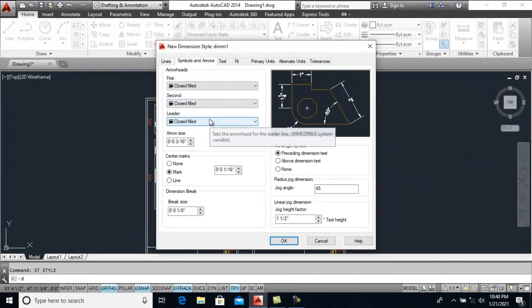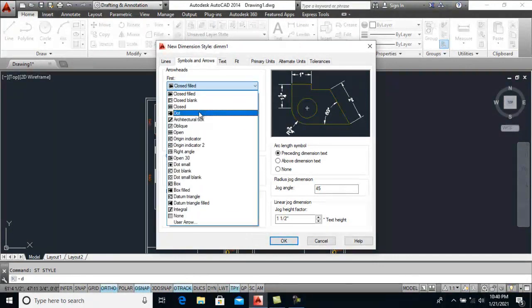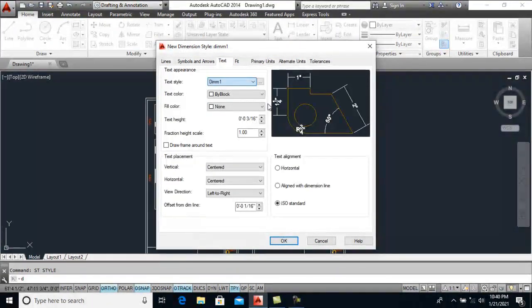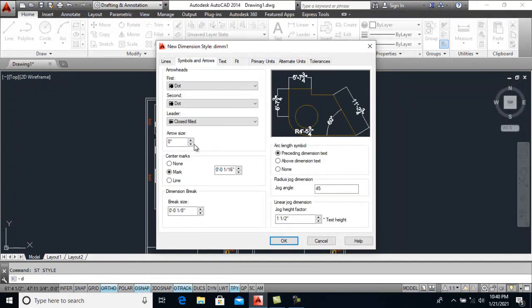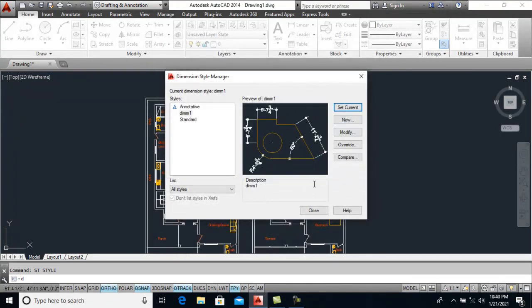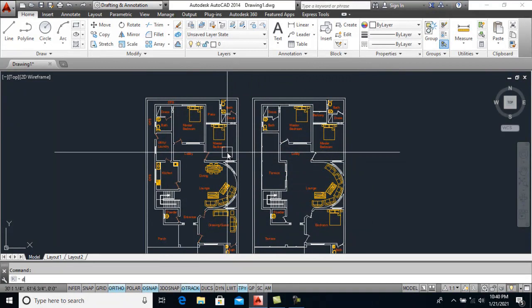Then in symbols and arrows you can apply architectural tick or dot, give it a size, and in the text you will have to select dim1 that we have already created in text style. Let's increase the arrow size and then extend beyond dimension lines and offset from the origin point. Okay, set current and then close, and DLI for dimension linear,